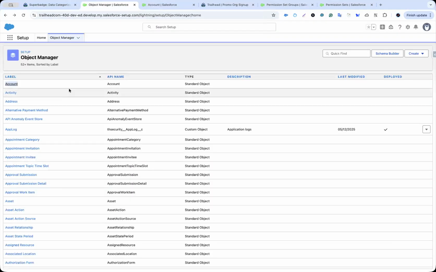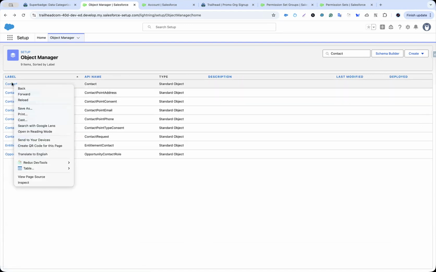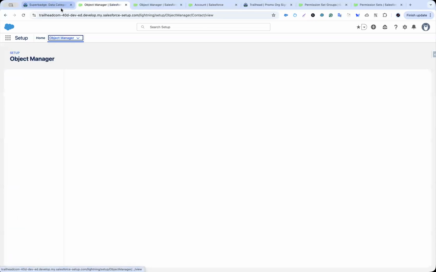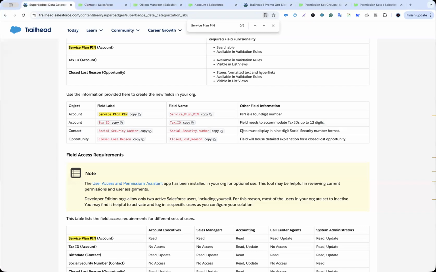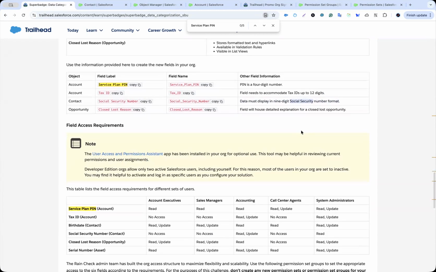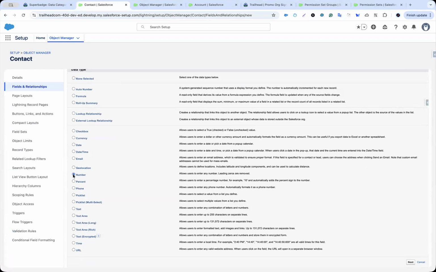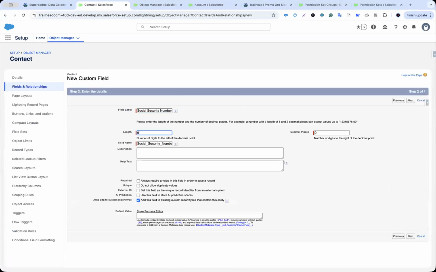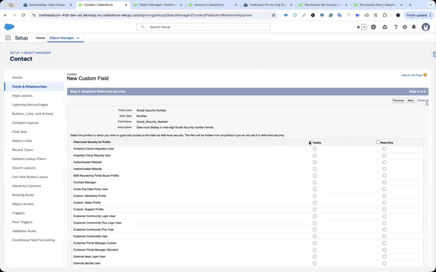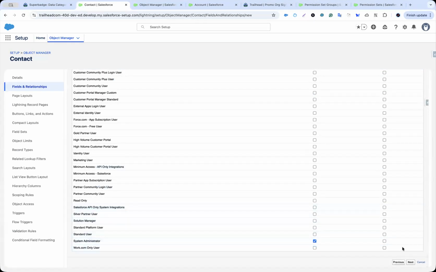So go to the object manager, search for contact, then open it in a new tab, then field and relationship, new. Now see the description of what they said. Data must display in 9-digit social security number format. Not sure what the type could be, but maybe it is again number, 9-digit. Copy the text, paste it as a description, then next, then remove the permissions, assign it to admin, then next,